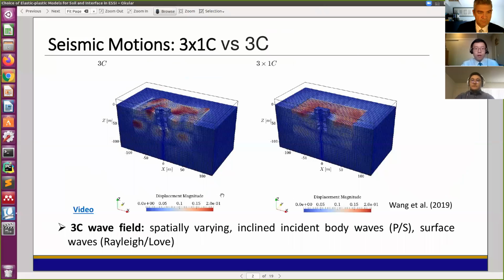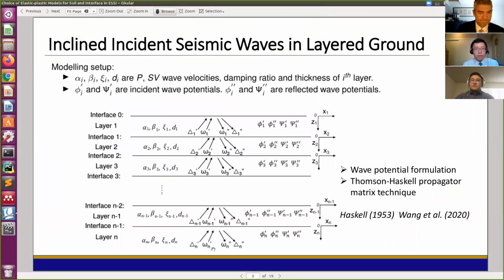Okay. So specifically today we're going to talk about 3C seismic motion generated from inclined incident plane seismic waves. This is an illustration of the wave field. We might have a layered ground, and we will have some incident P wave or incident SV wave from